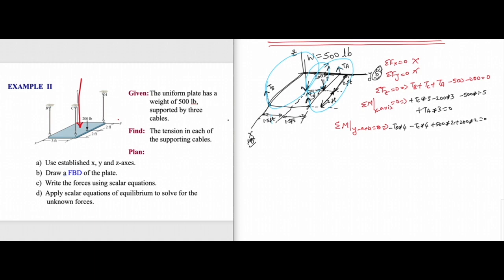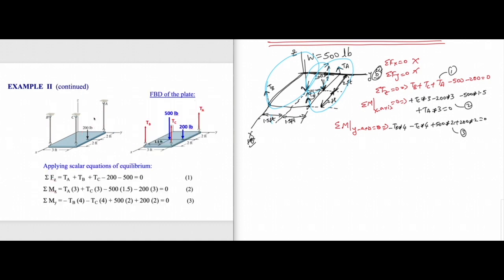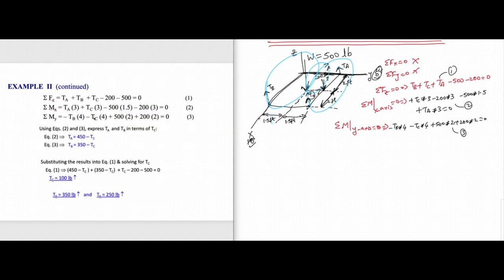That's it. So we have 3 equations: equation number 1, equation number 2, equation number 3, and 3 unknowns. So can you solve the problem? Yes, we can. What are the 3 unknowns? TA, TB, TC. We have to plug into the calculator. When we plug into the calculator, we should get TA to be 250 pounds, TB to be